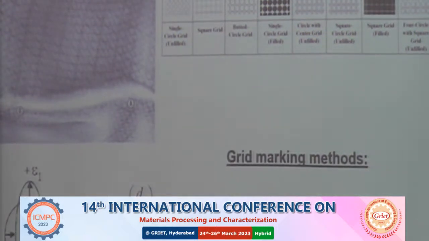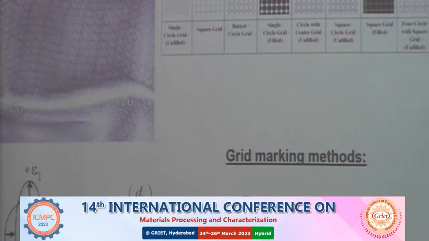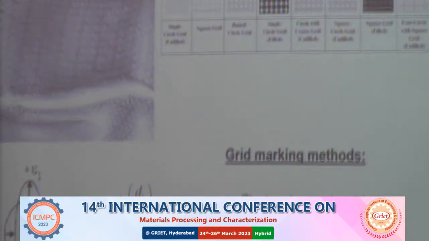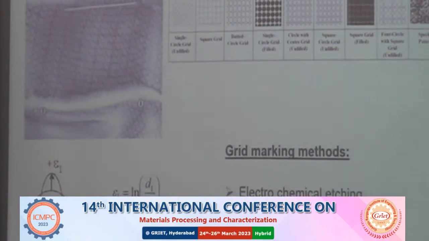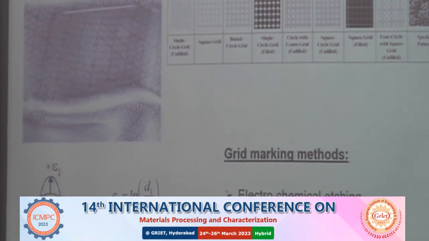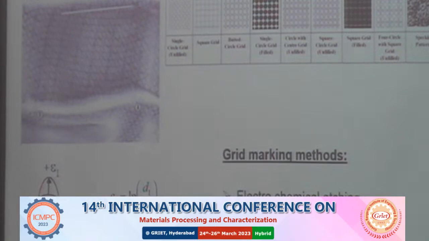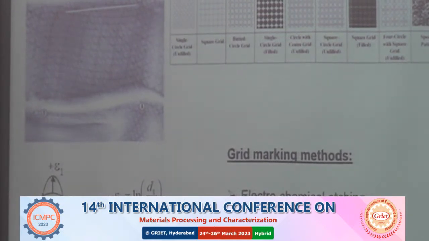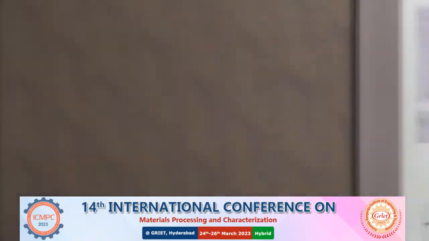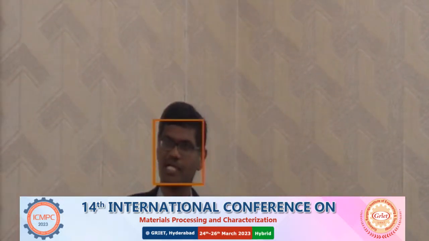So if this is the ellipse with a major axis length D1 and minor axis length D2, then the major strain can be calculated as ln of D1 by D, and the minor strain will be calculated as ln of D2 by D, where D is the original diameter of the circle. The original diameter of the circle will generally be 3 mm to 5 mm. Okay? And D is the original diameter, D1, D2 are the major axis length and minor axis length of the